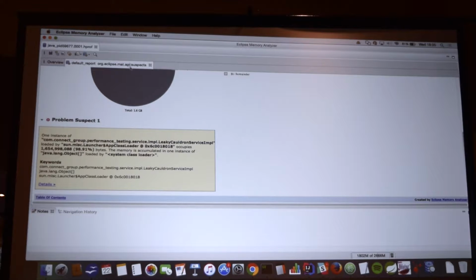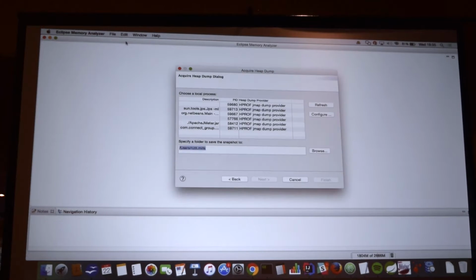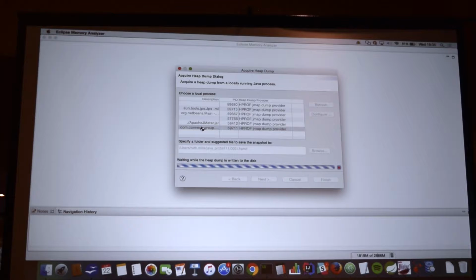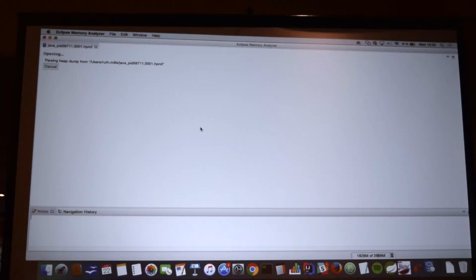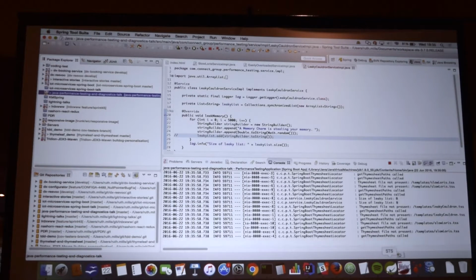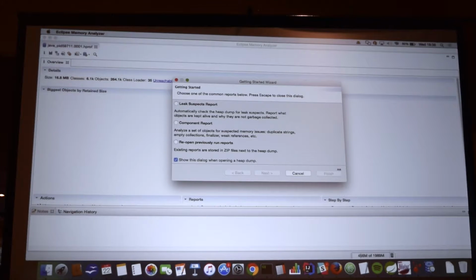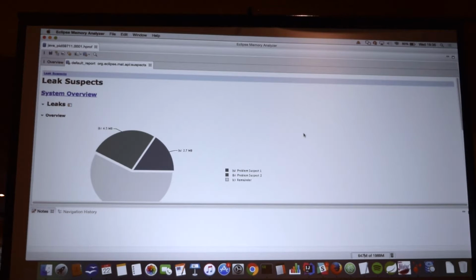But while it's doing that, I'll kill that heap dump, and I'm going to take another one. And hopefully this should be quite a bit quicker now because it's not got all the memory leaking. So go on to leak suspects. That's looking a lot healthier now